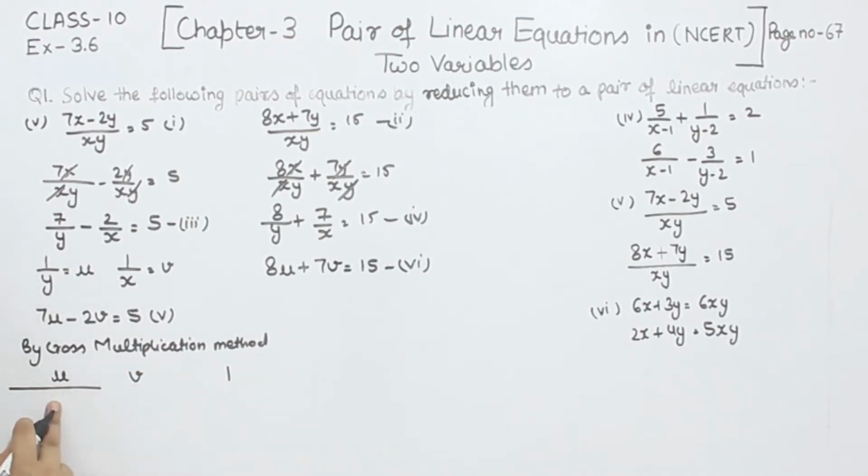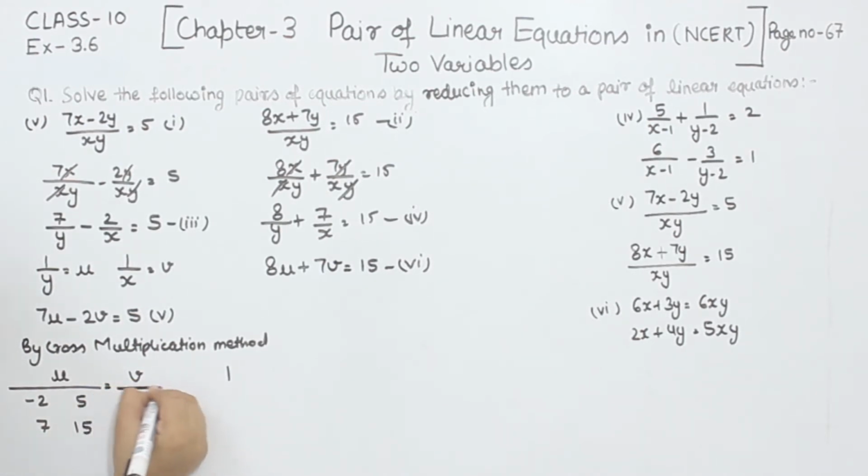Now for u, we are having these two equations, we are taking the u variable, then we are not going to consider the coefficients of u. We are going to take the coefficients of v. First of all, we are going to take the 5 and then the 6. Now I am going to write the coefficients of the constant term. This one we are having the 5 and 15.